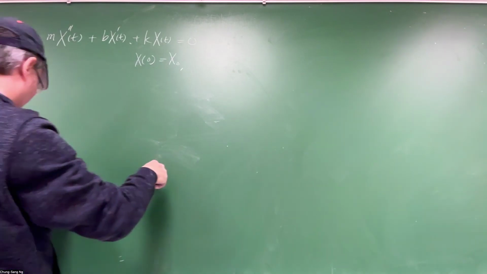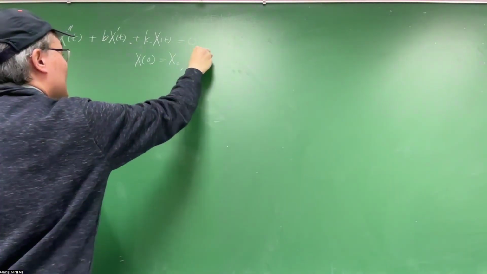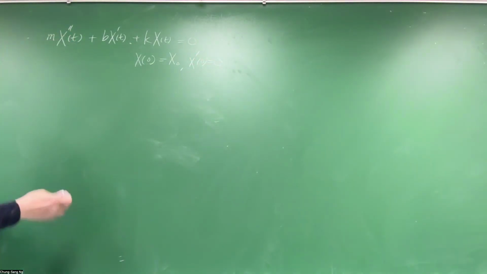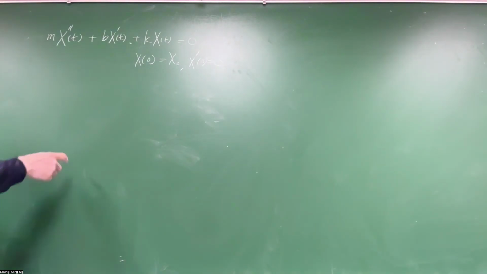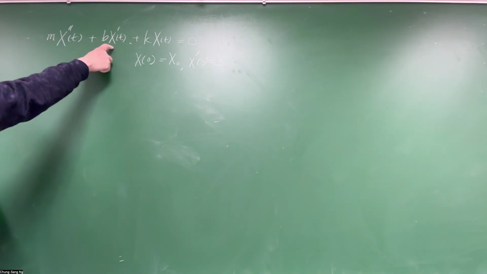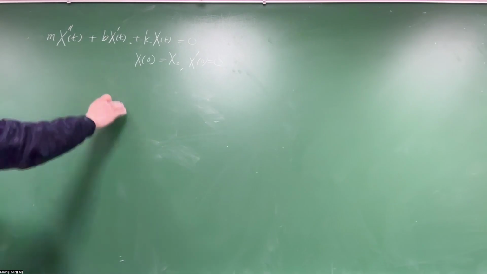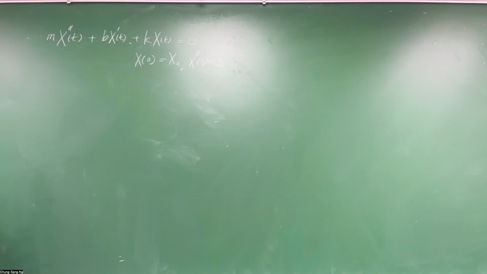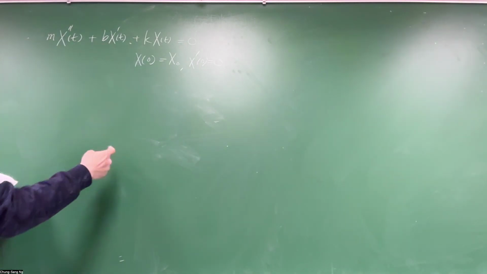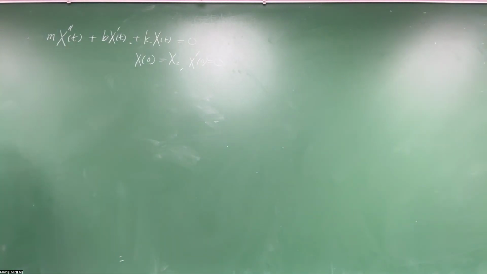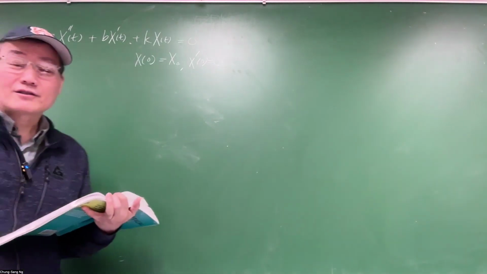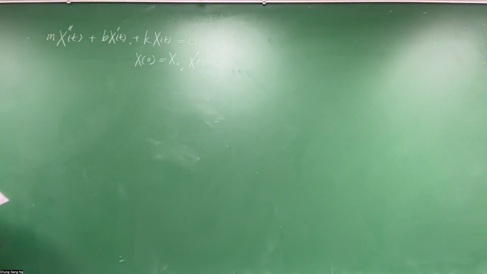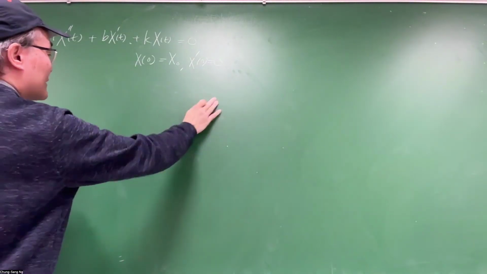And x prime 0 is 0. All right, so the second term is different from the other example that we did with just a simple harmonic oscillator, adding a damping term. And just like the other example, you can solve it by Fourier transform also. But solving by Laplace transform